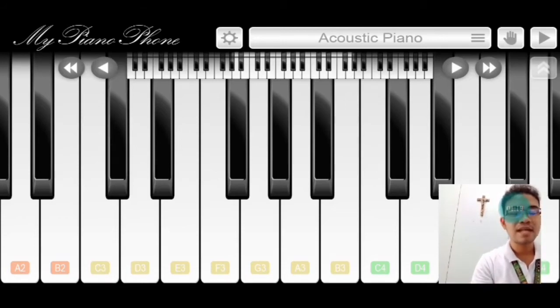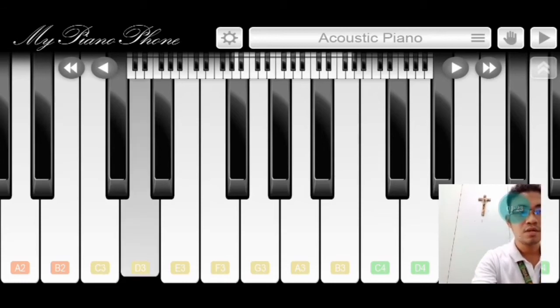Let's have the flat. So we have here D as our normal key. So this is our flat for the D. It becomes D flat. Okay, as for the natural sign, it doesn't change, it's just the normal sound of it. So for example, normal C and normal D. Okay,